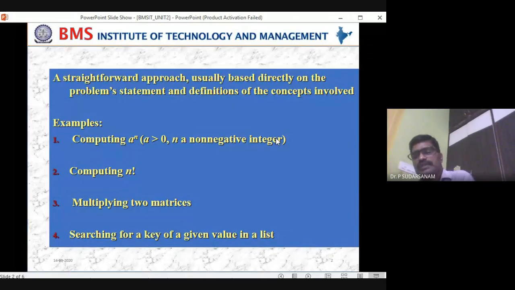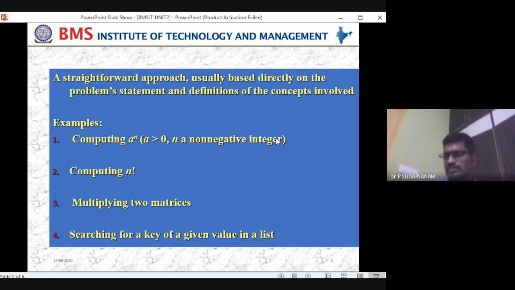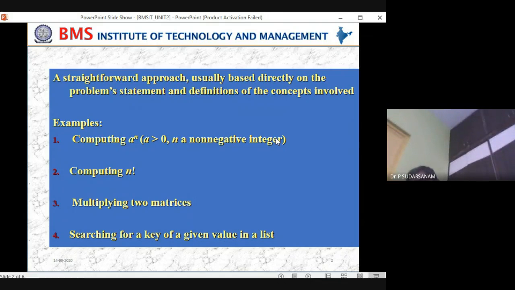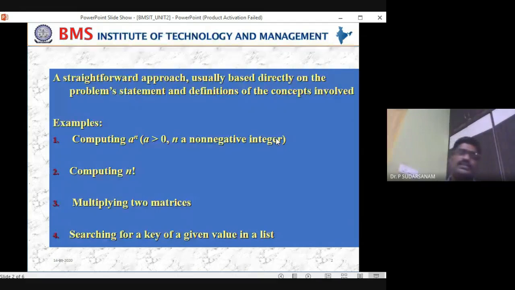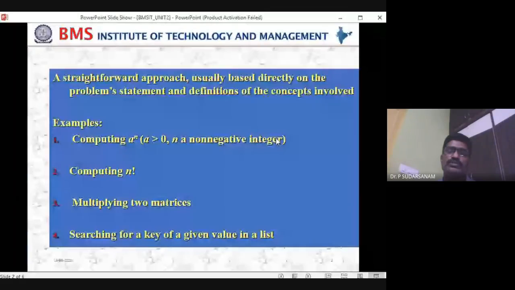If you have any doubts for the first unit, please let me know. I have completed the first unit today. I will share the notes with you people. Only thing is I have to scan it and send it. The soft copy is available. We'll see what to be done, how to be done, and how to send it.